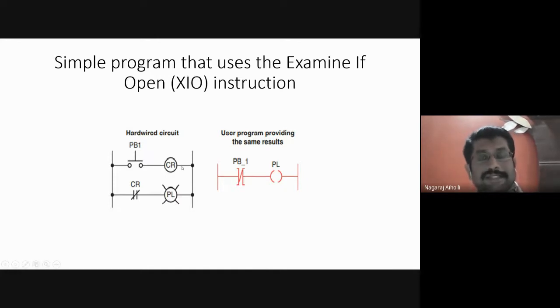This is just one simple example to illustrate the continuity and the operation of the XIO instruction. It may not be like this in industry or in any practical example. It is just one example to make the students understand how there is a continuity from the input to the output, again from output to the input, again from input to the output. Okay, was that clear? Are you satisfied with that? Yes, sir. Okay, fine.